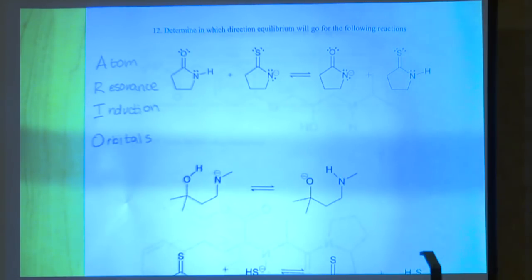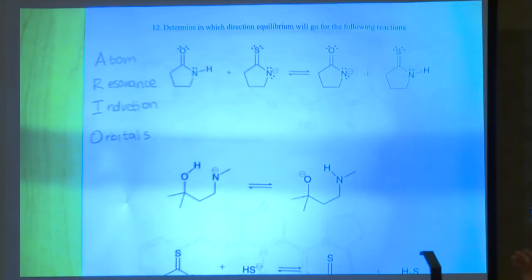And that's because how can you associate S character with acidity? Okay, how come? Awesome. So more S character will make it hold on to those electrons better. So now that we have that,